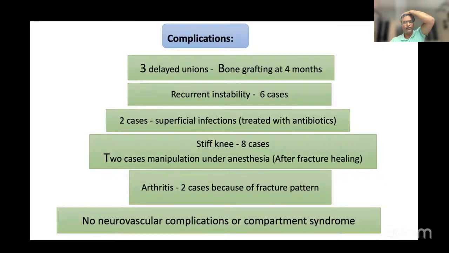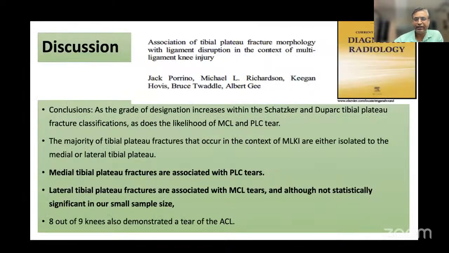So we also had a few complications. The delayed union was there because of the fracture pattern. The recurrent instability was there in 6 cases where the quality of the cruciates was very poor. So we had superficial infection, knee stiffness, which is part and parcel of the fracture pattern. We had no compartment syndrome. That is very important because of the appropriate technique, and I don't ever use any pump. I use the gravity method. You have to be patient, use proper lavage, and then you can avoid